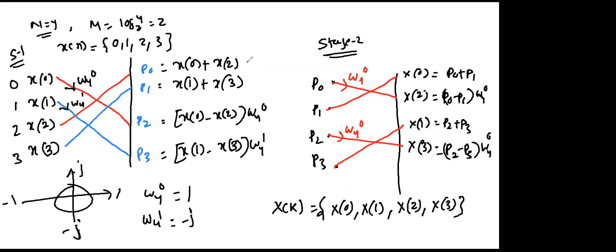Or do you want me to write? If you want, I will write. You can do it now. Like this, 0 plus 1 means 1, yes or not? Then, sorry, 0 plus 2, yes or not? Because x0 plus x2, 0 plus 2, and 1 plus 3 means 4. Then this is x0 minus x2, 0 minus 2, it is minus 2, and this is x1 minus x3, 1 minus 3, it's minus 2, with omega 4 1 being minus j. That is your 2j. Then this becomes your input and you find the output. Clear? It's very simple.